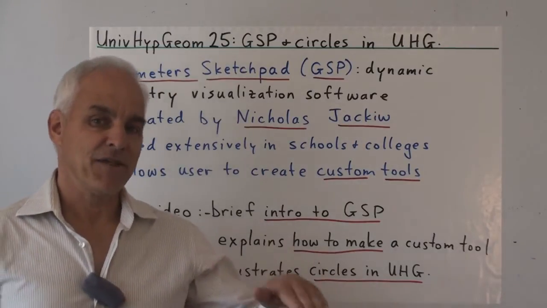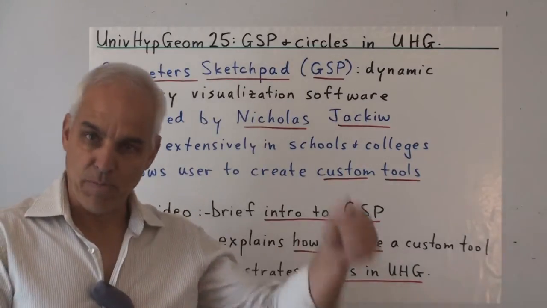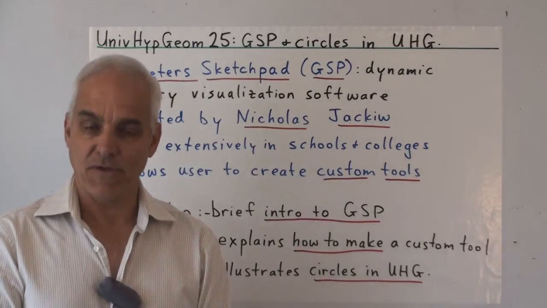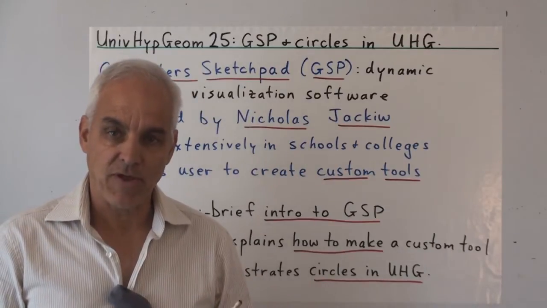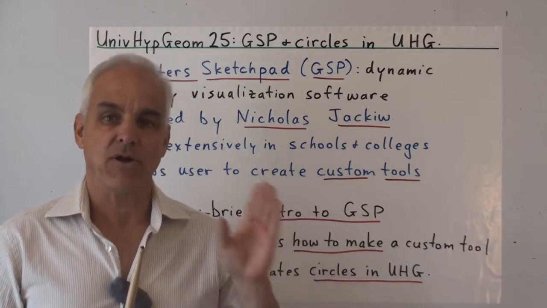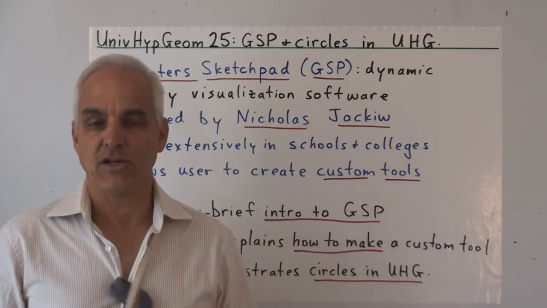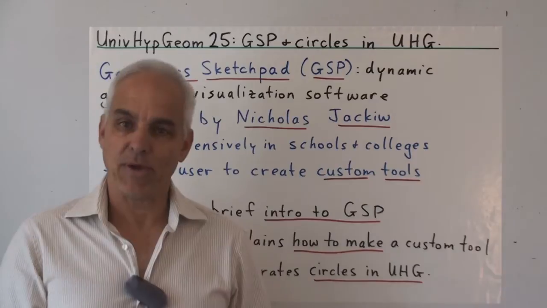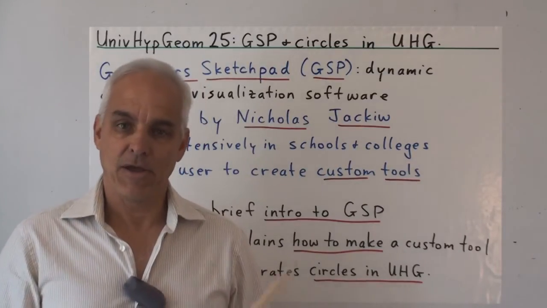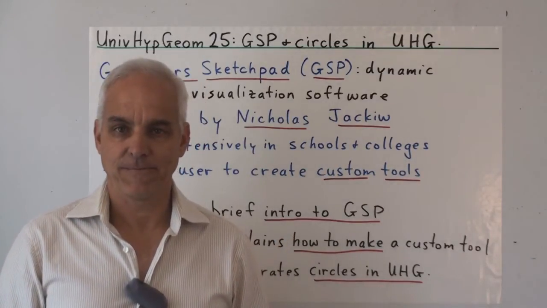So this complements the last lecture where I drew pictures, sort of freehand, of these things. Now you're going to be able to see more accurate pictures of circles, and you're going to be able to see more accurate quadrances associated to circles. And we're going to look at the three different examples that we had a look at last time using Geometer's Sketchpad.